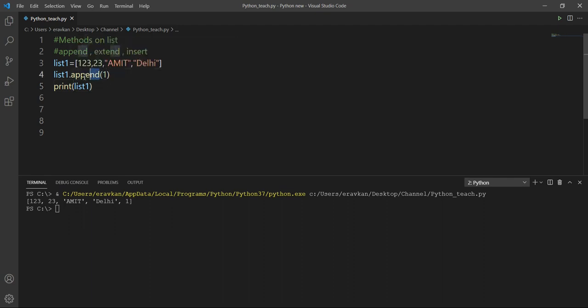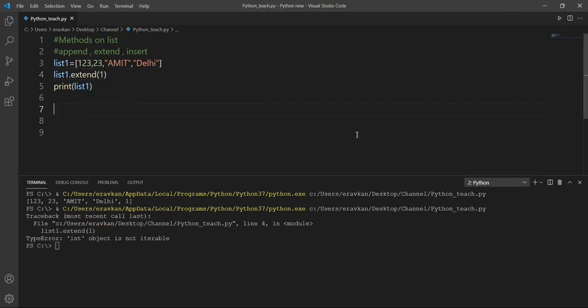Okay, I can do the same thing with extend as well. Let me check.